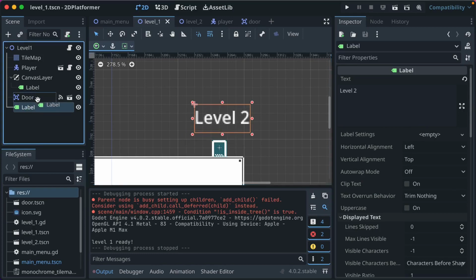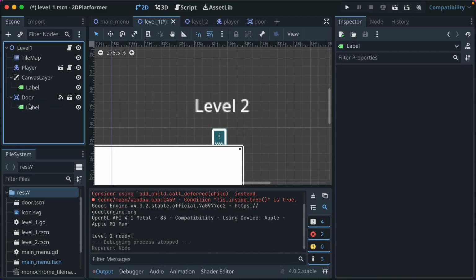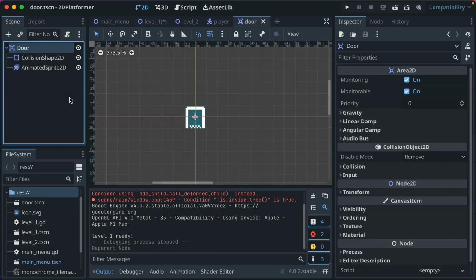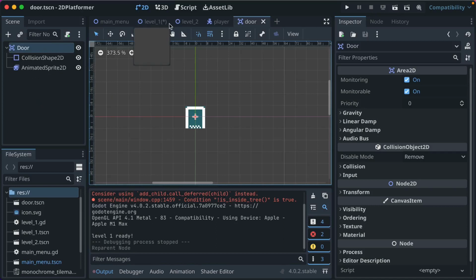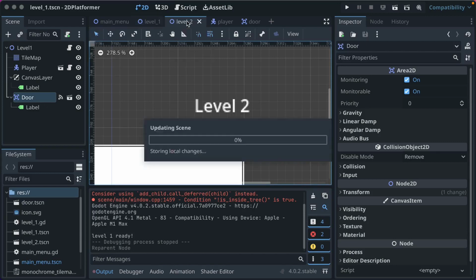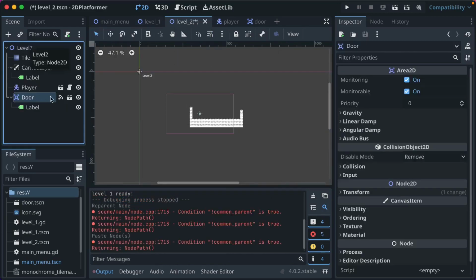We can even drag the label as a child of door. And when you make a node a child of something and you go to the scene, it's no longer a child in the parent scene. It's just there in that instance of it. And that's actually pretty useful. So let's select door, Control or Command C, copy it,